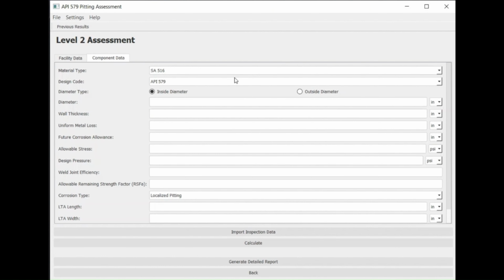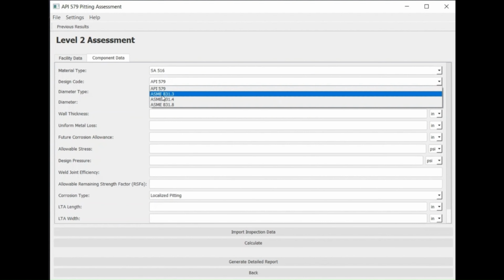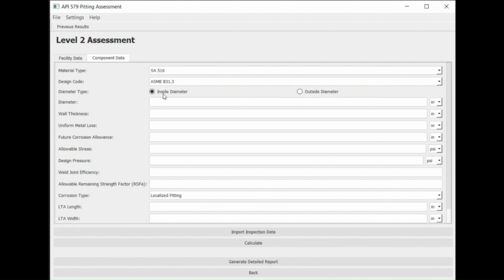And from the case study, which is example problem 4 from the API 579 problem example manual, a particular pressure vessel undergoes localized pitting. The material type is given as the SA516 and the design code is given. And the inside diameter likewise. So the diameter is given as